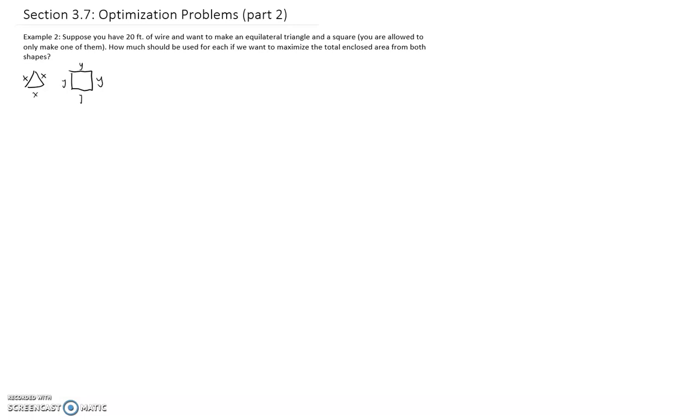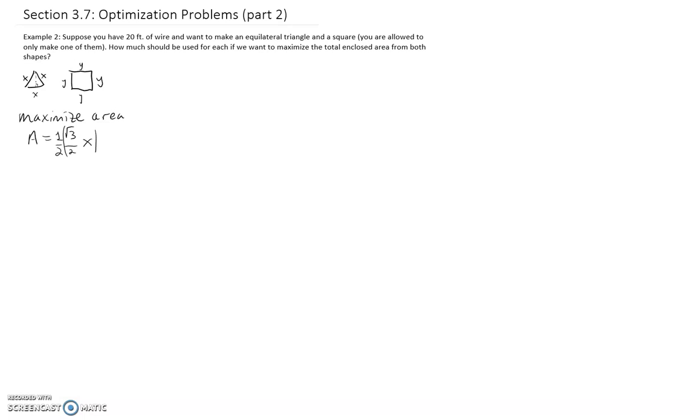Now, as we saw in our first video, once we have this, then we'd like to create some equations. So what we'd like to do is maximize something. So our goal here is to maximize the area. So we should create a formula for area. So our area in this case is, we'll find the area of the equilateral triangle. Now the area of the equilateral triangle, you could throw down a little vertical piece there, use some special triangles. So the area that you're going to get is the square root of 3 over 2 times x